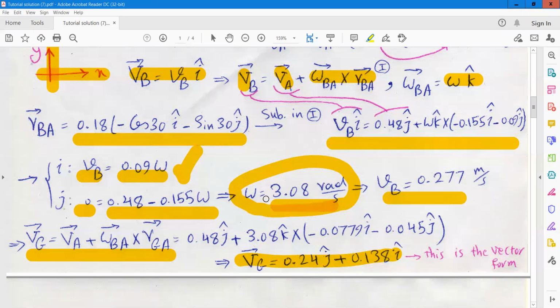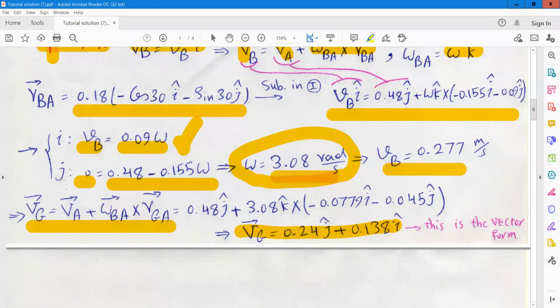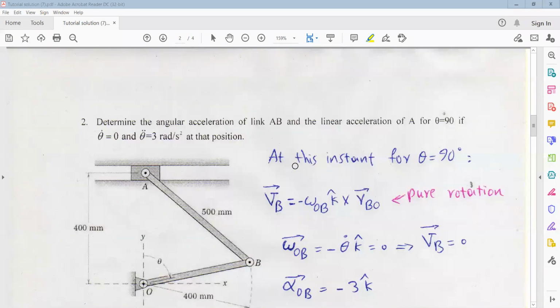Okay, any question from this part? Is it clear? Any question? Okay,